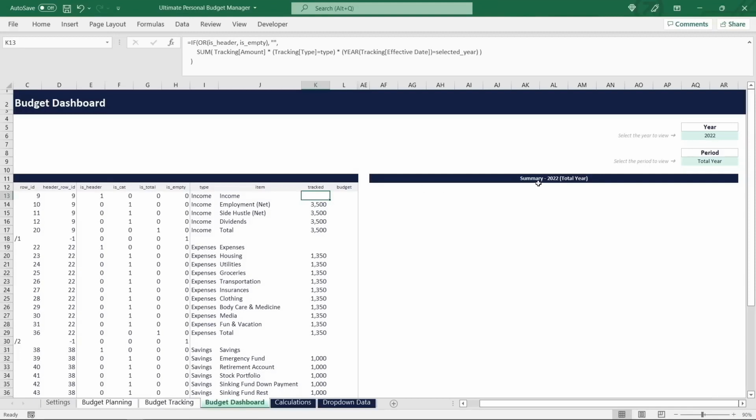And then we have 2 options for the selected period, because either we have selected the total year, which again would not require any additional filtering condition, or we have selected a specific month, which then requires an additional filtering condition. So 2 times 2 options results in 4 different cases,